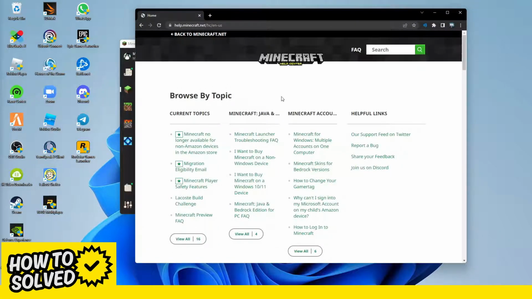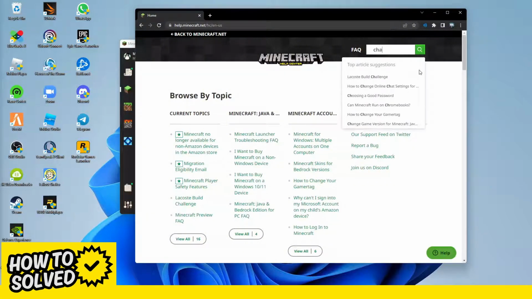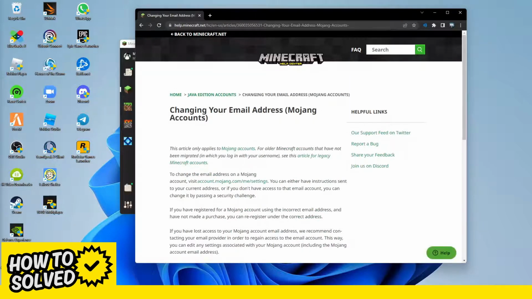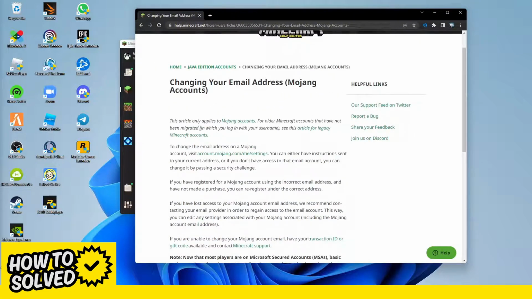And then you search, just type in the search bar, changing email address. Click on the first link here, changing your email address, Mojang accounts, and yeah, just read through this article, and